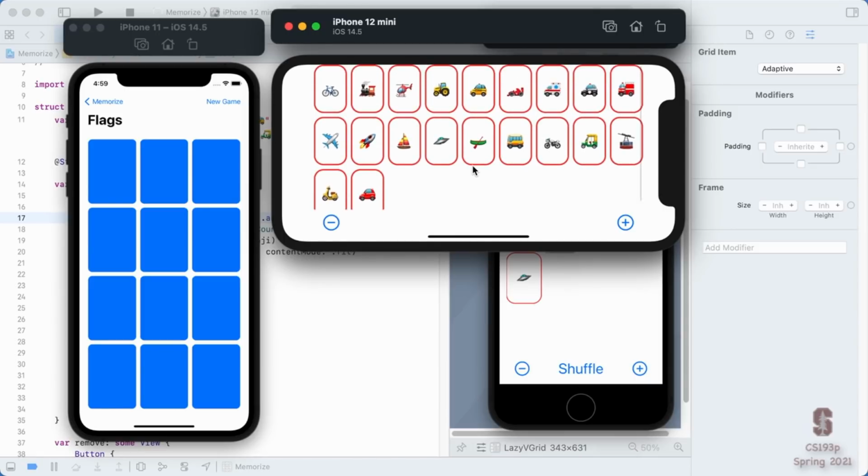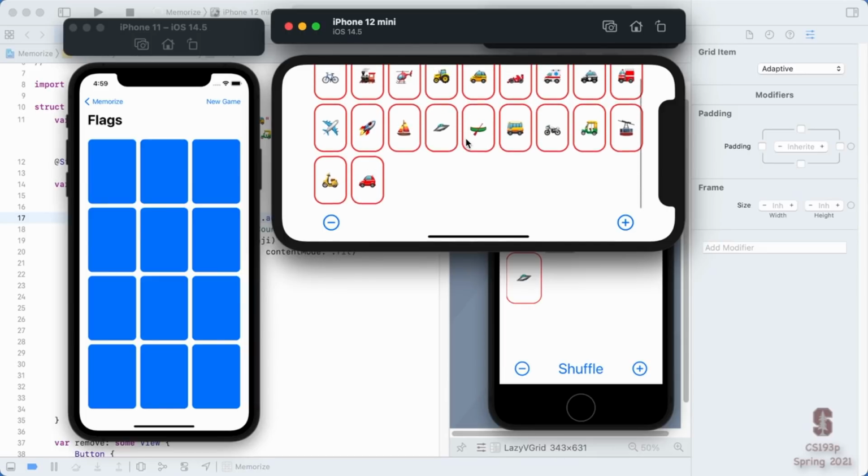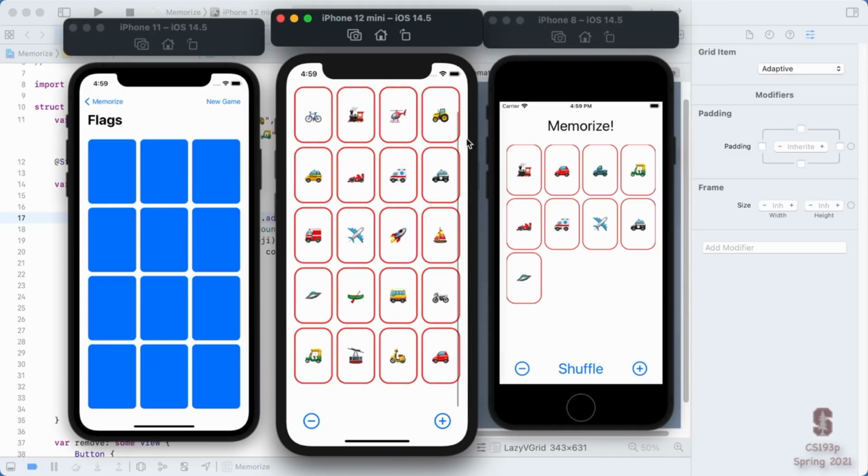luckily, because it's hard to pick a width that works well in both portrait and landscape. What we really want to do is pick our width based on how much screen real estate is being offered to us. We'll learn how to do that later, next week or the week after. But for now, we'll stick with 65 and we'll just rely on our scroll view here if we have to in landscape or if there's too many cards.